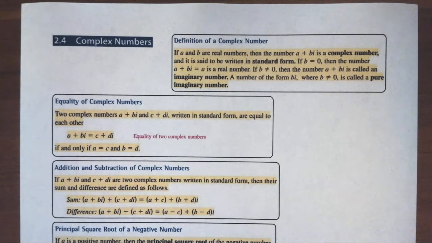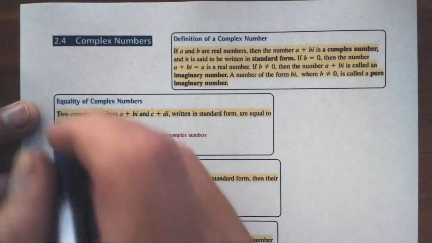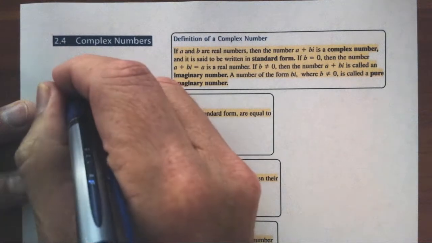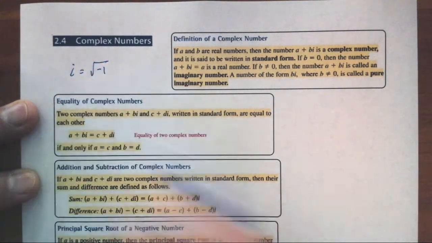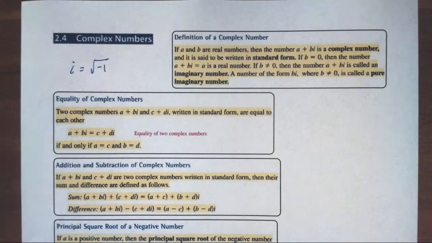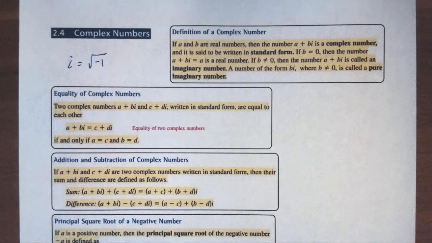Welcome to 2.4, complex numbers. Complex numbers and imaginary numbers, where the imaginary number i is equal to the square root of -1. It opens up a whole new world for us, and a great question would be, why would we ever need to talk about imaginary numbers? There are some actual real-world applications, including in electrical circuits, and we'll be talking about those a little bit, but